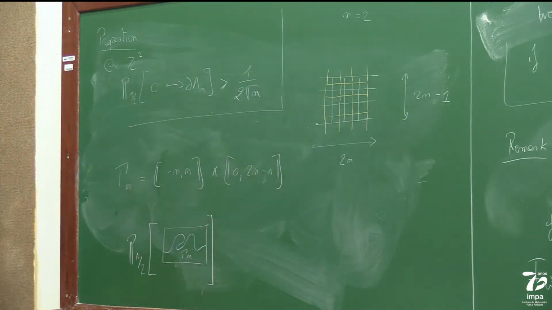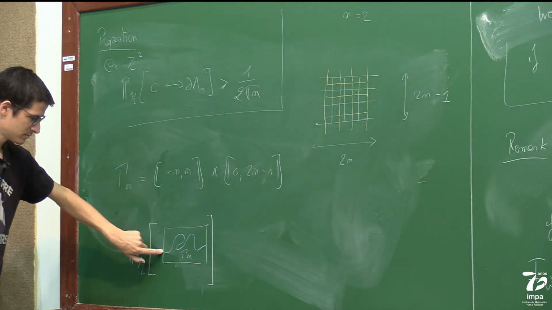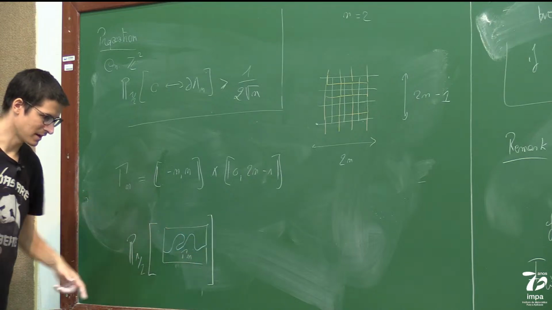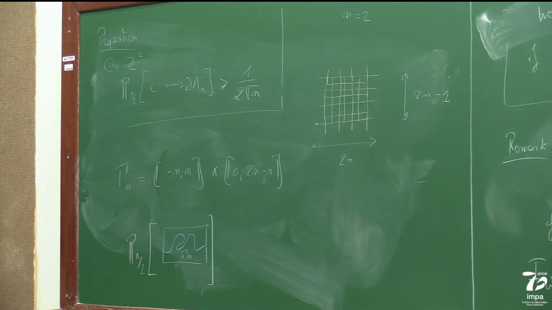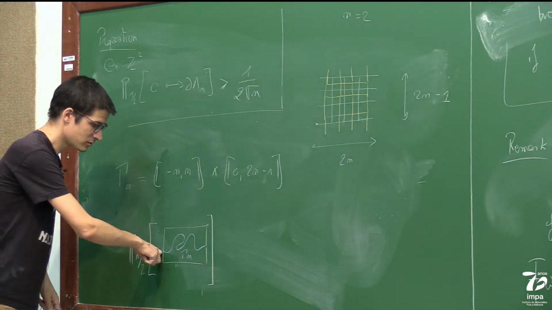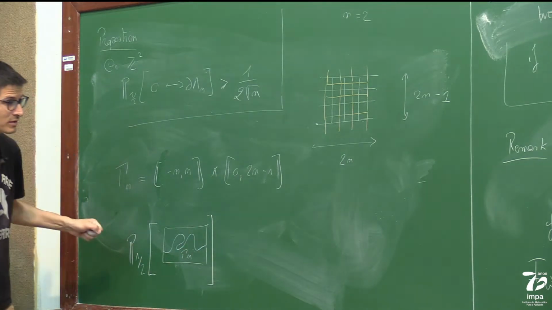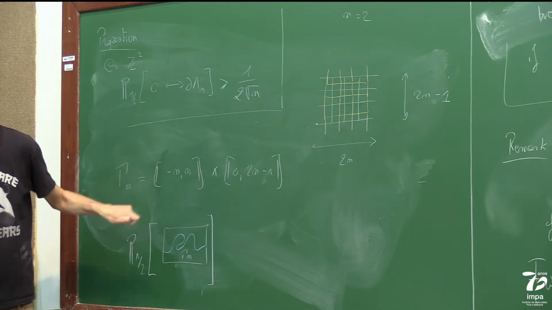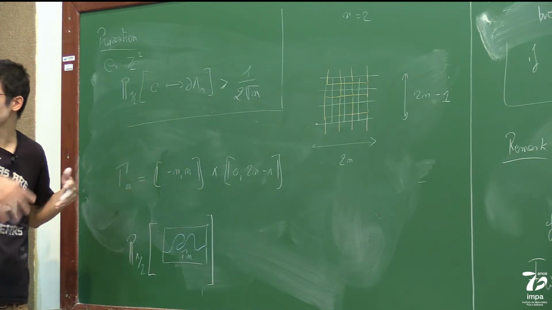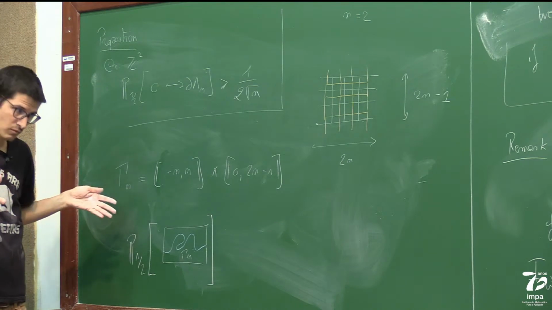So when I'm saying left to right crossing, I'm saying that there is a path that is starting from the left side and that is going to the right side. But this path, I can take it self-avoiding just by erasing the loops when I construct it. If I have a path which is not self-avoiding, which is joining left to right, what I can do is follow this path, and each time this path forms a loop, I just erase it. In the end, I will get a self-avoiding path.